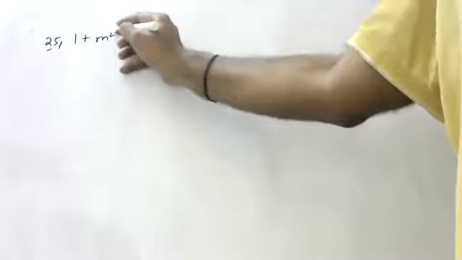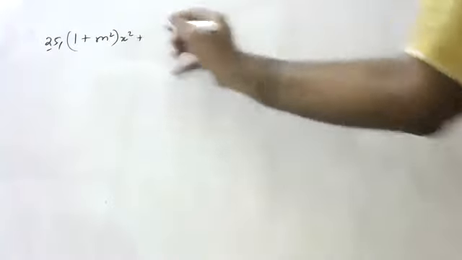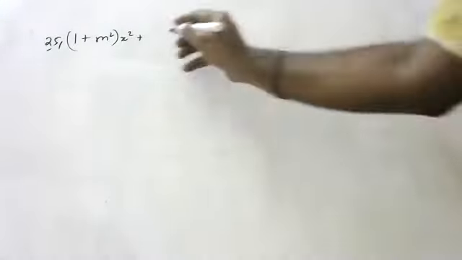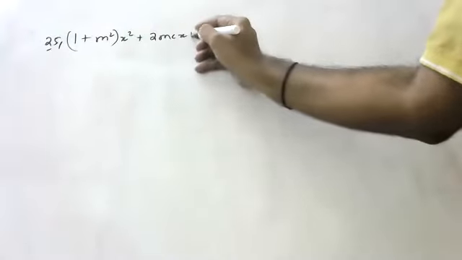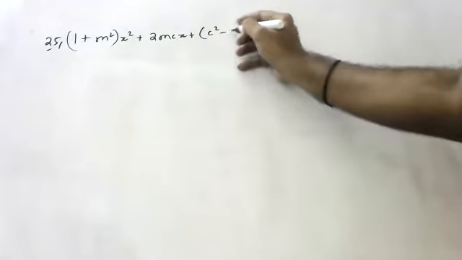Okay, children, let's write it a little bit bigger. If we do the equation slowly, please concentrate and practice three or four times, and you'll understand. Split the equation 1 plus m square into x square plus 2mcx plus. Please don't sit idle, children. Keep doing it along with me, at least you get practice.